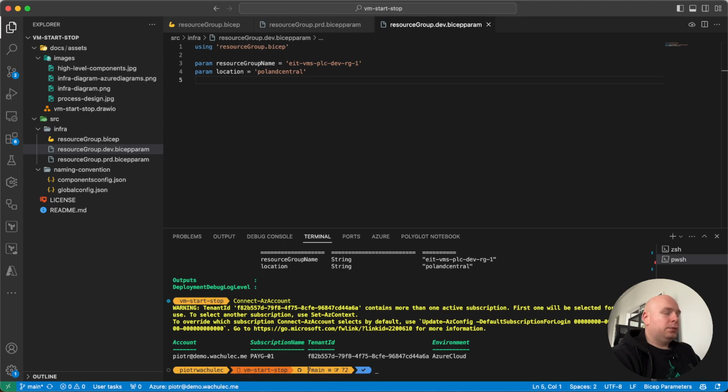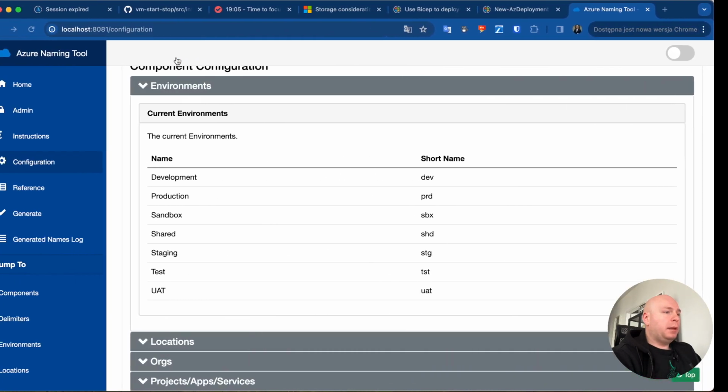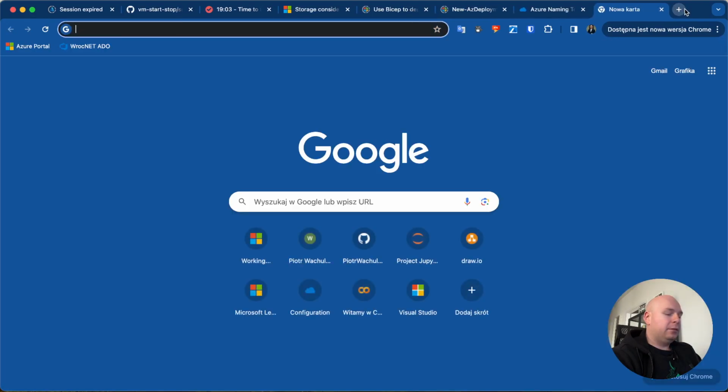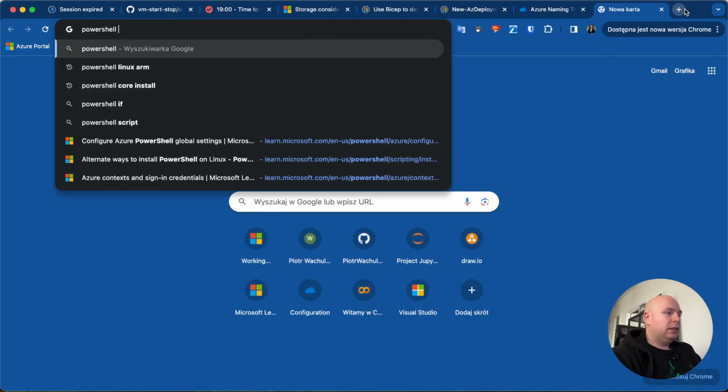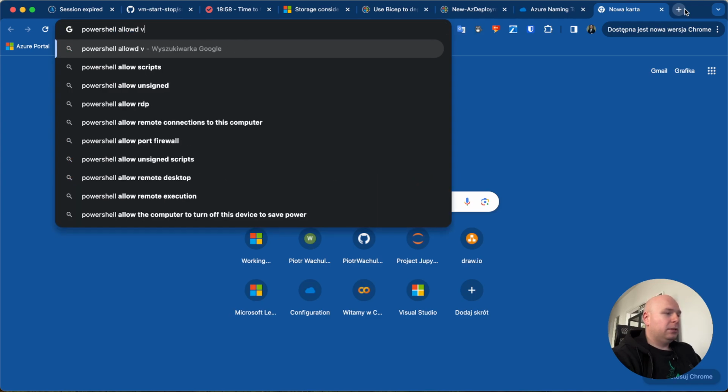What I would like to do, it would be nice to prepare a kind of script for running the deployment in PowerShell. Why? I will show you later, and probably you will understand that also from that video. I will create the folder called scripts, and I will try to Google something called PowerShell allowed verbs,